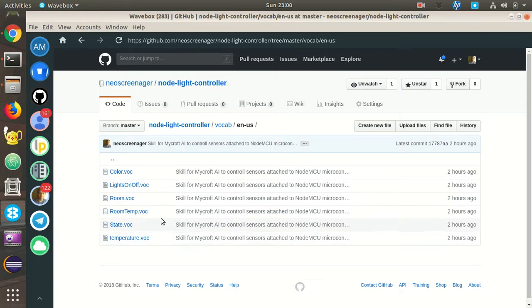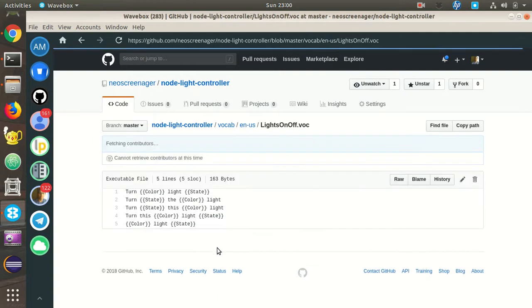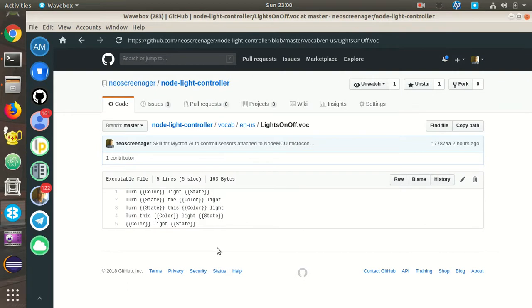These vocabulary files basically contain a pattern of what you are going to say, and if what you say matches this pattern, Mycroft will connect this to your skill. I mean, to what you are going to do. This will identify what skill you want to trigger. So this is like an intent